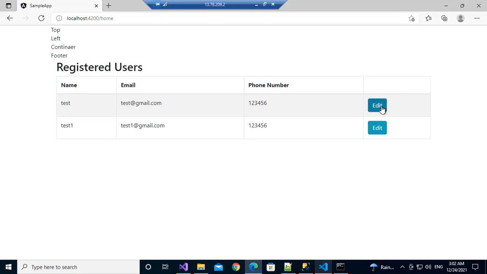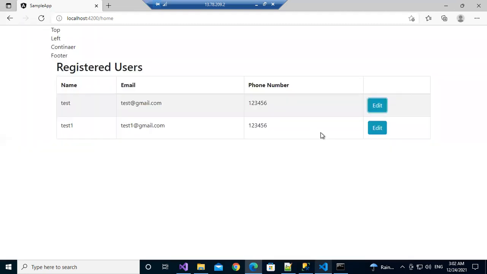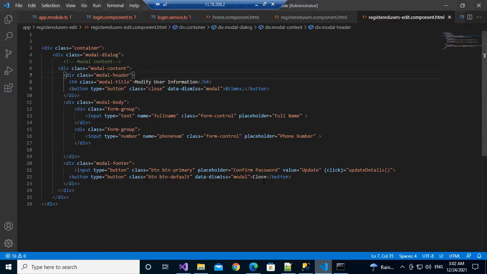Now click on the edit function. Now I'm going to open one more component. This component should show my data as username test, name test, phone number 123. If we click on update, once I close this pop-up, this value should be updated here. That we are going to do. Even though two values are updating, you can use the same concept for 100 values as well.